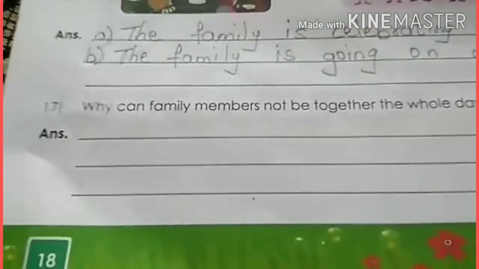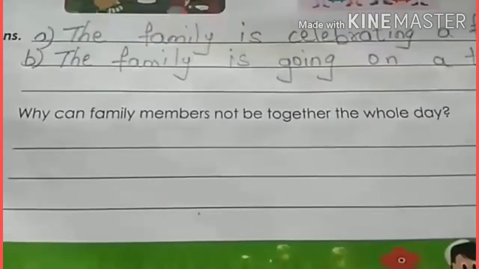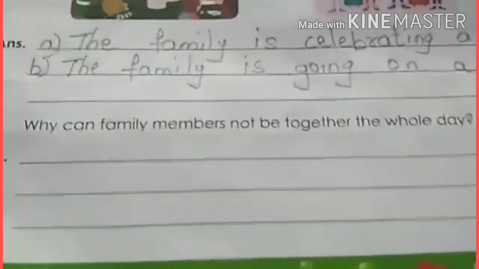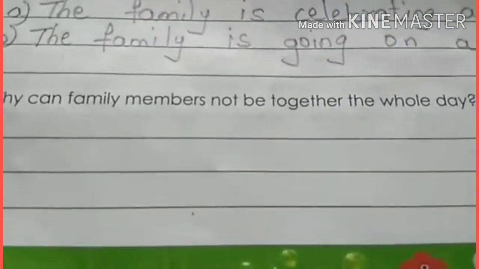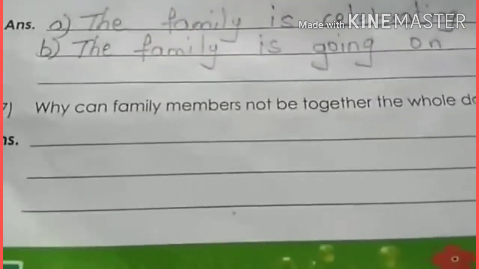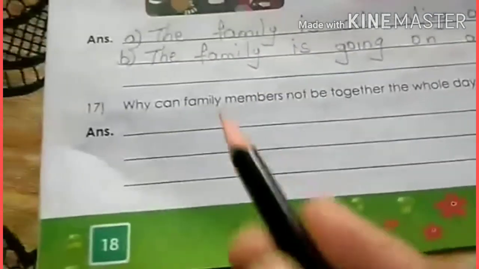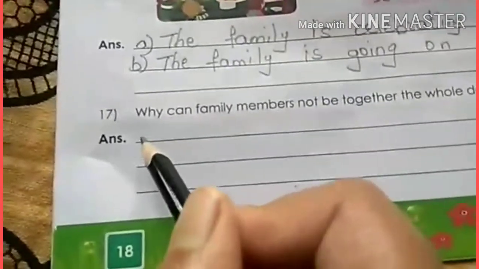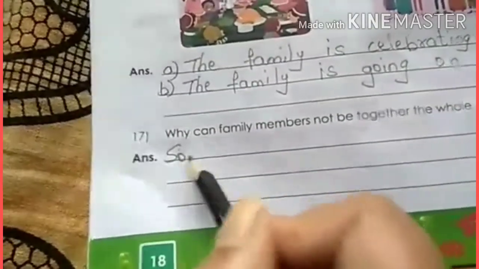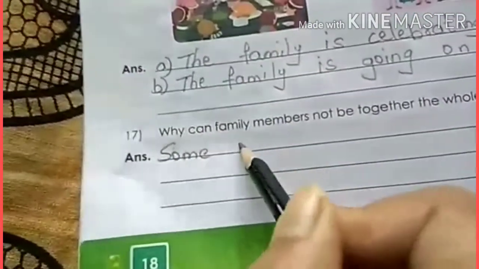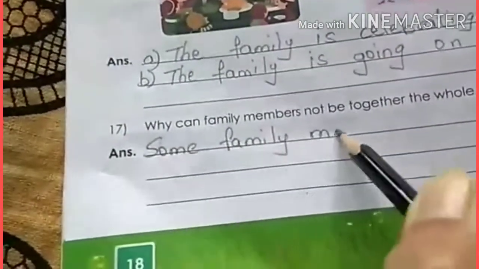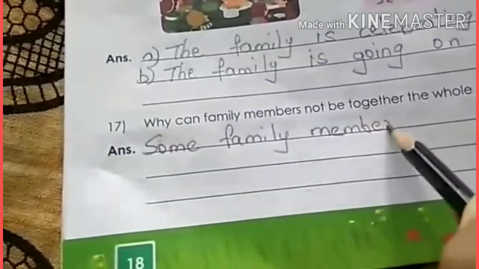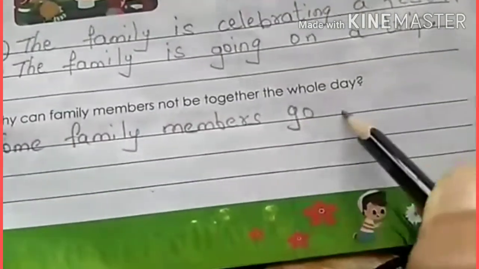Next one. Why can family members not be together the whole day? Because they used to go for work and they used to go for studies. That's why they can't be together all day. Some family members, S-O-M-E, some family members, F-A-M-I-L-Y, family members, M-E-M-B-E-R-S, family members go out